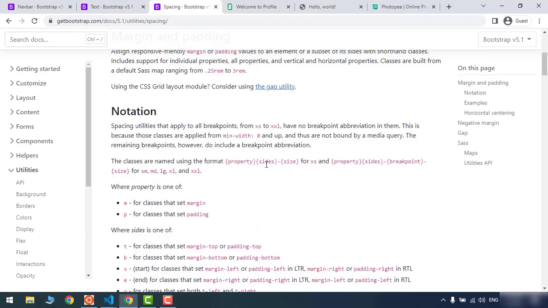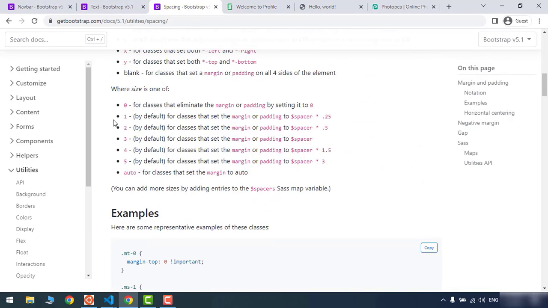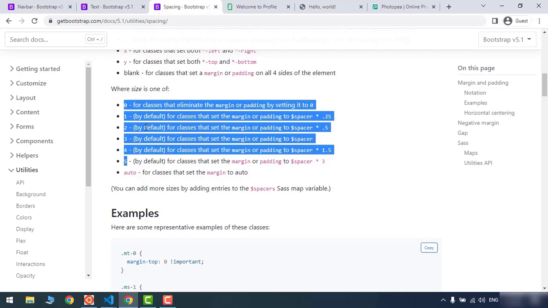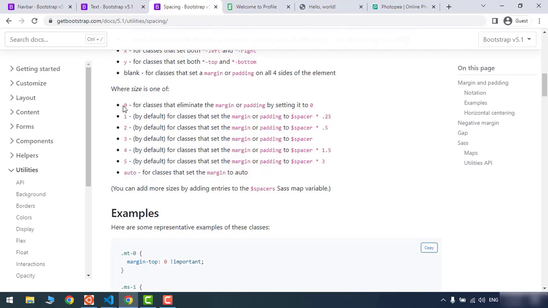But one thing I need to say is that there is a limited number of sizes you can have as margin or padding. Basically, it starts with 0 and it ends with 5. 5 is the maximum margin or padding you can have, and 0 is actually to eliminate the margin or padding. So if you want to have a specific size for margin bigger than 5, you need to define it